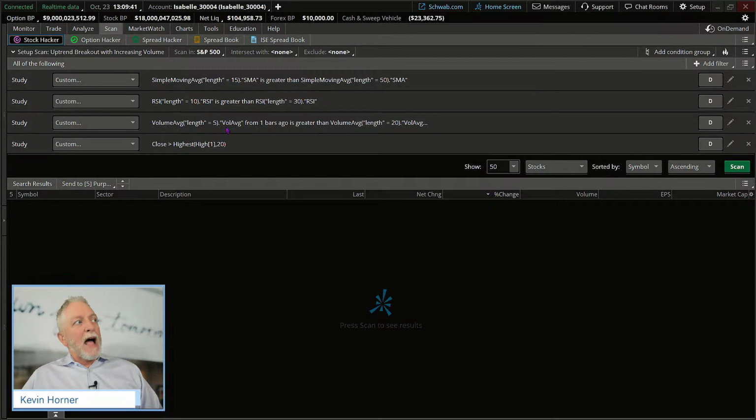And so we're looking at the last 5 days of volume and trying to get average volume to be greater than the average volume of the last 20 trading days. All right, so we're just looking at the last 5 days versus the last 4 weeks. If the last 5-day volume is greater than the average volume of the last 4 weeks, then we've got a tick on that side of things here.